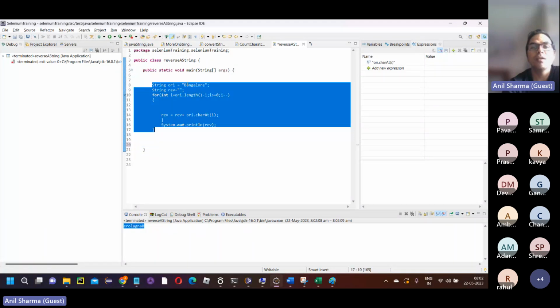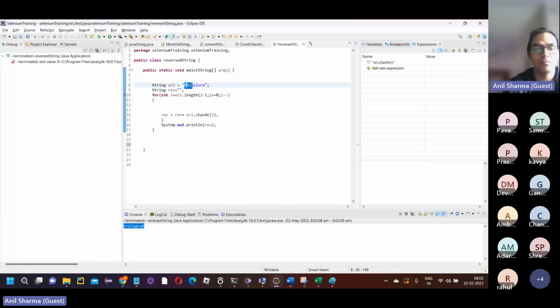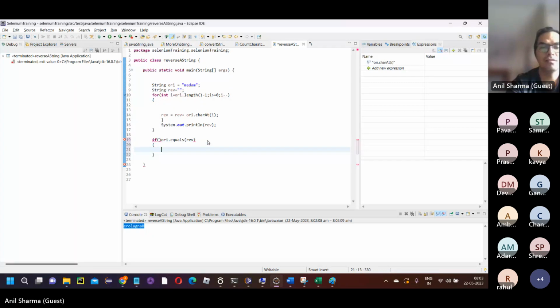So I have a string Bangalore. I will now change it to madam, to find whether it is a palindrome or not. So I have the original string madam, and I will store the reverse of that madam into another variable called reverse, and then I'll put a condition: if the original string dot equals the reverse, right, then say